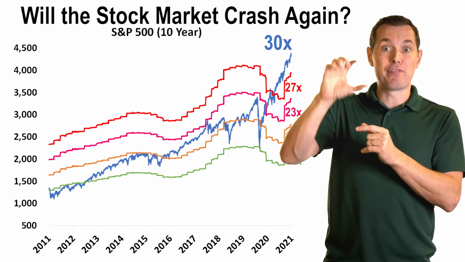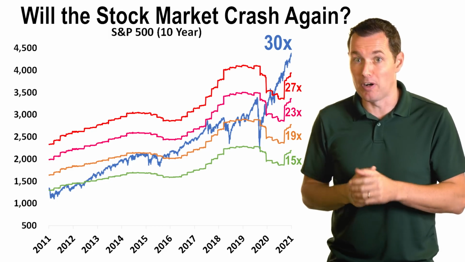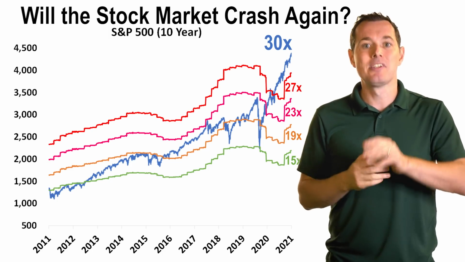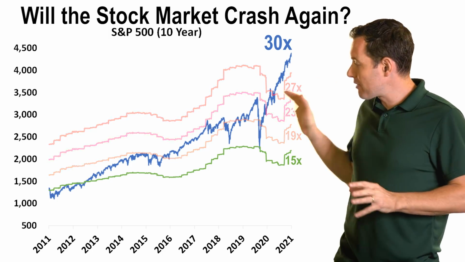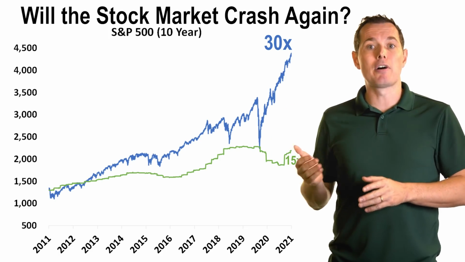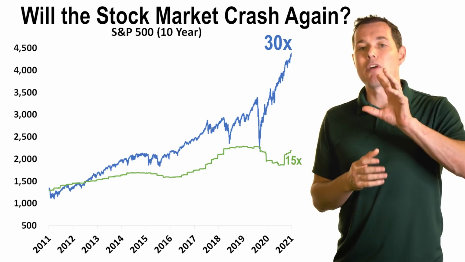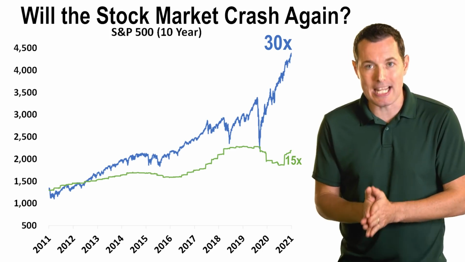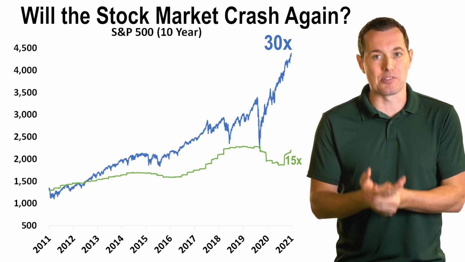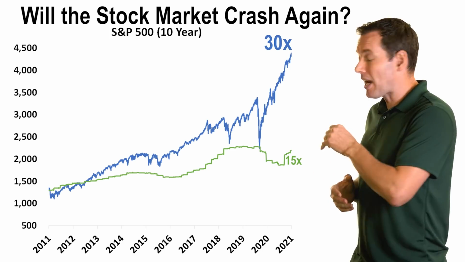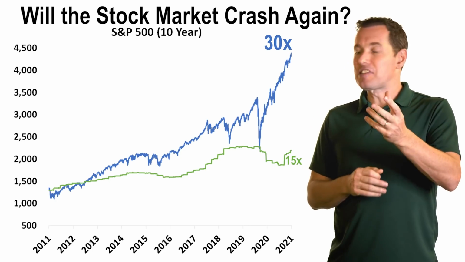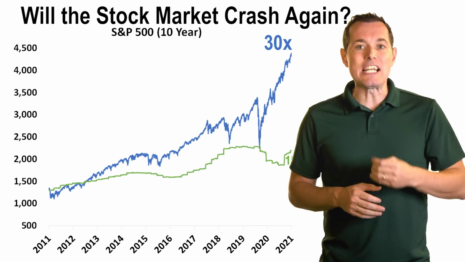So we went up by multiples of 4. We'll go down by a multiple of 4. And that's what this green line is. And just to clean up the chart a little bit, let's get rid of everything else except for the S&P 500 and the green line. And the green line represents what the stock market should be trading at if we believe 15x was a fair multiple. Well, one thing that I find interesting about here is that we wouldn't really invest.